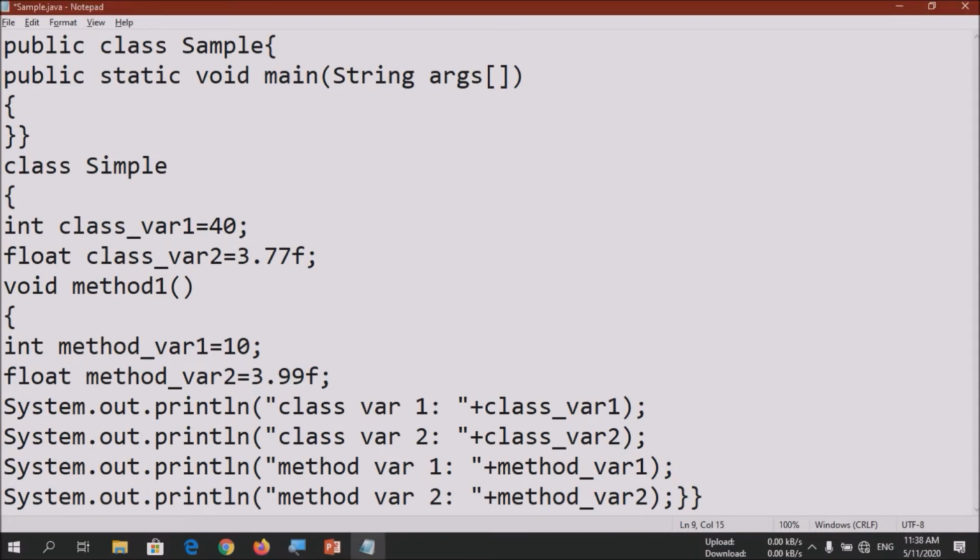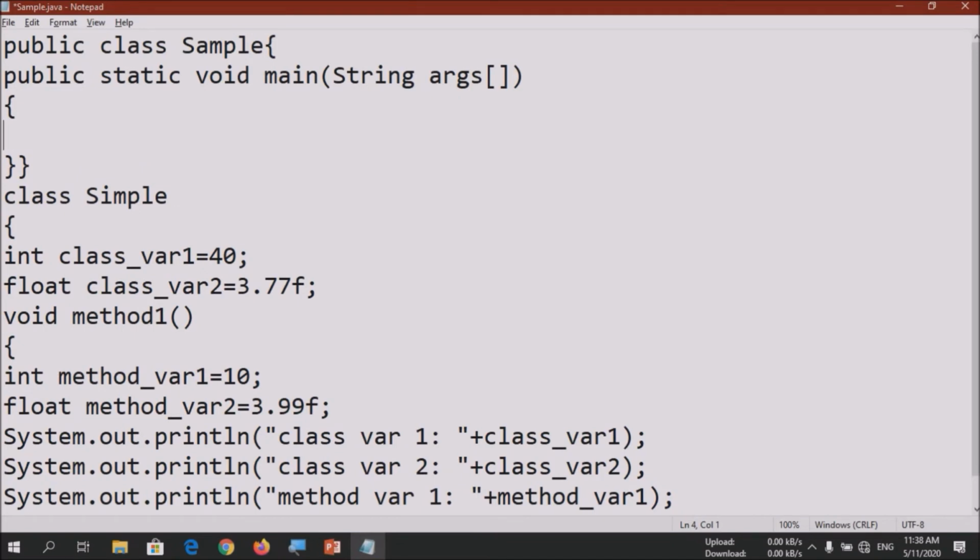Now we will call the method of class simple using an object. Have a look at the steps you have to do. We are going to create an object of class simple. For that we will write simple, space, give a new object name.